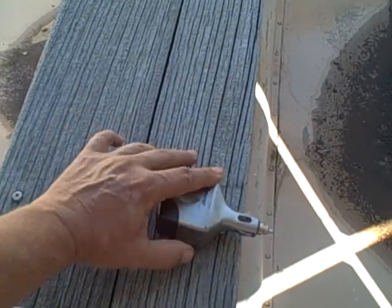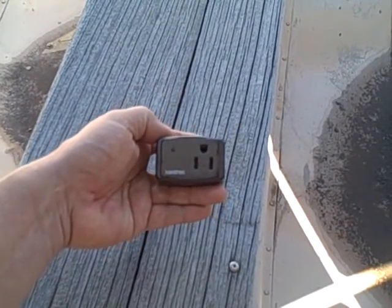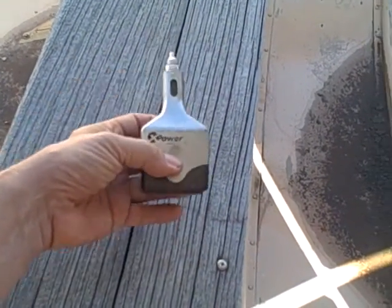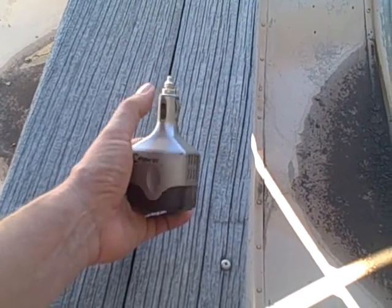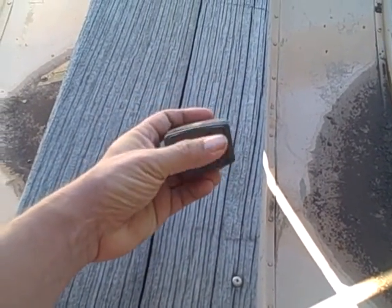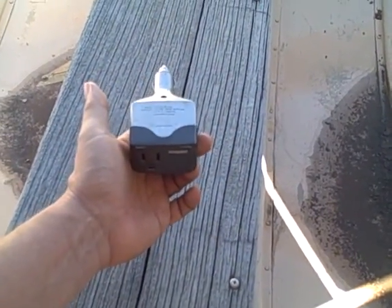What this is, is a Xantrex. That's the name of the manufacturer, but I'm sure there are other companies that make this thing. This thing plugs into your cigarette lighter. It takes 12 volts in and puts out 120 volts. I've had this one for